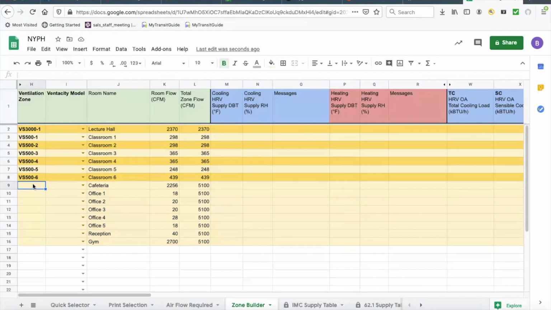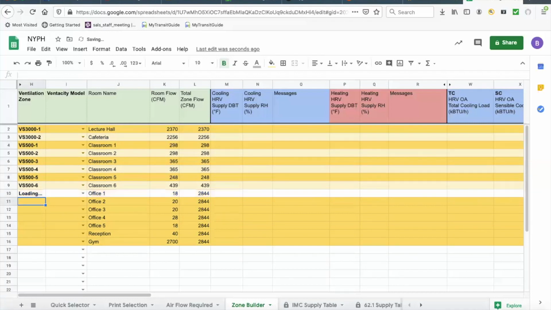Cafeteria, I do the same. And then the office, if you look at all those offices, you add those up and you're looking at 20, 40, 68, 78, 86, 120. You're looking at only about 150. So you could do a small unit and use the same one.